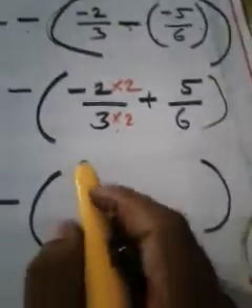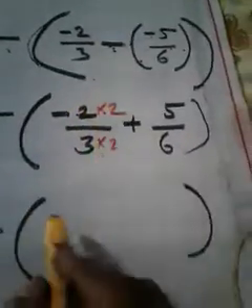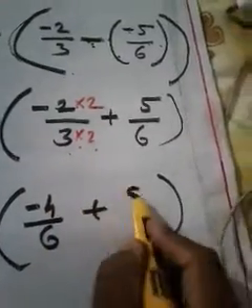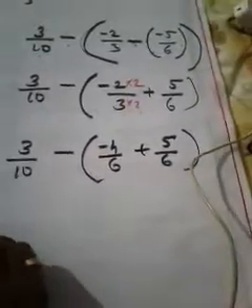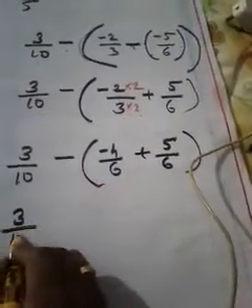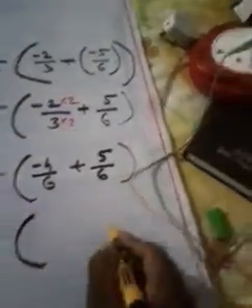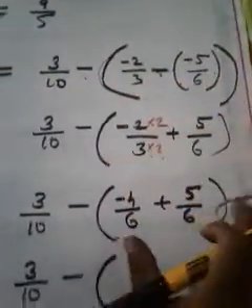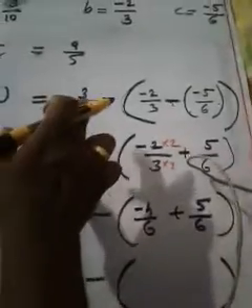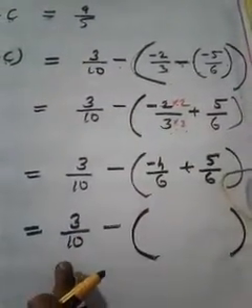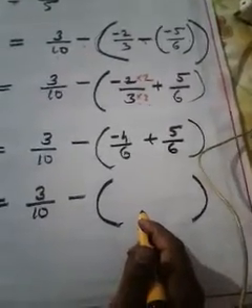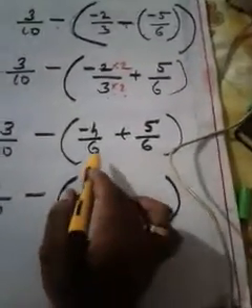So in the very next step, what can we write? Minus 2 into 2 is minus 4 by 6. Isn't it? 3 into 2 becomes 6, plus 5 by 6. You understood how to make the denominator the same, isn't it? So it becomes 3 by 10 minus. Now just see inside the bracket. I told you, always give preference to the things inside the bracket. That's why I am repeating the same thing here. No change, because I have to calculate this first. That is a rule in maths. Bracket, we have to give more preference.